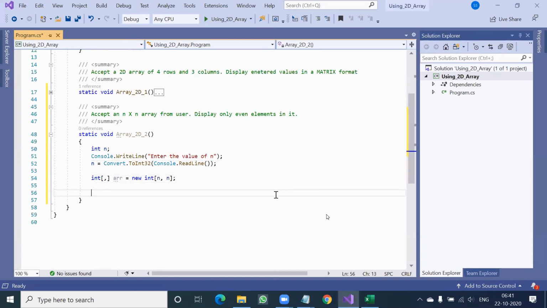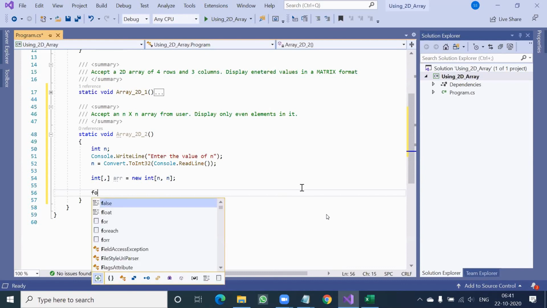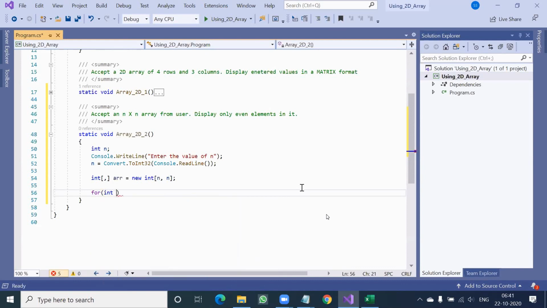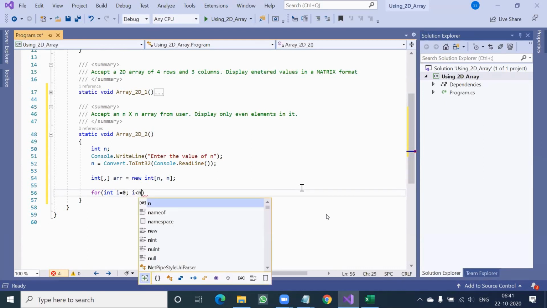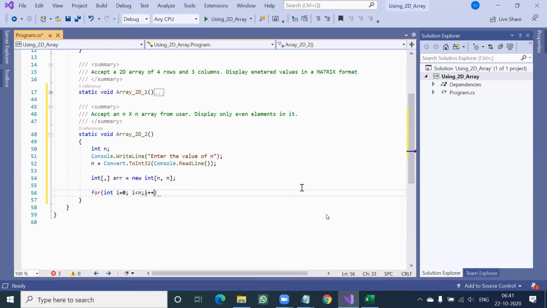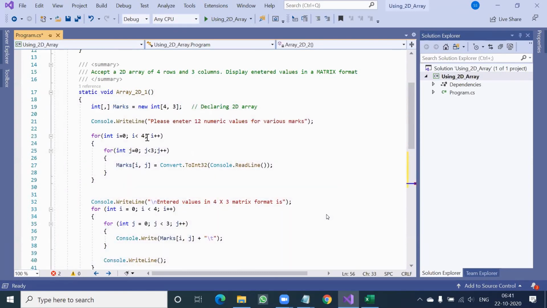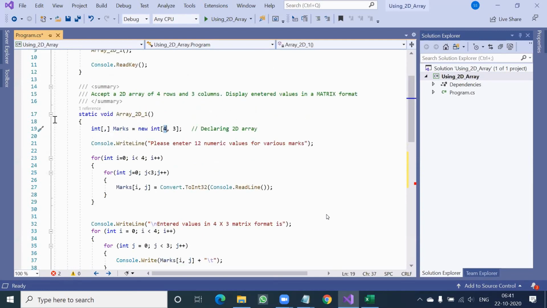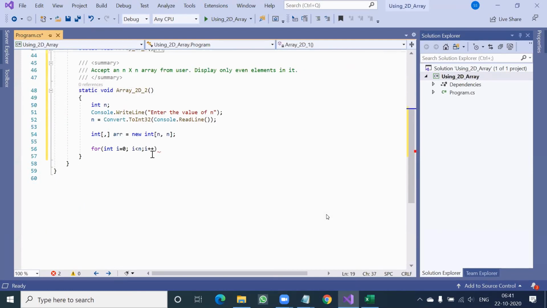So now it is time to accept the data. For integer i equal to 0, i less than n, i plus plus. Previously, we were doing less than 4 or less than 3, whatever the number. Now that number itself is n, so i less than n, i plus plus.